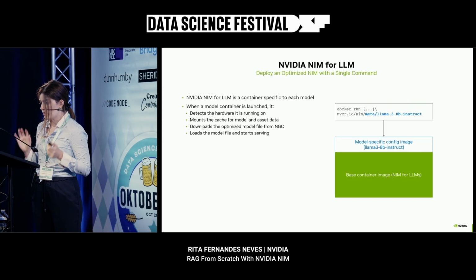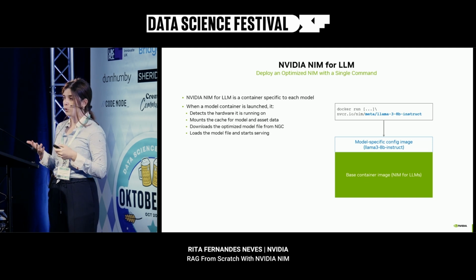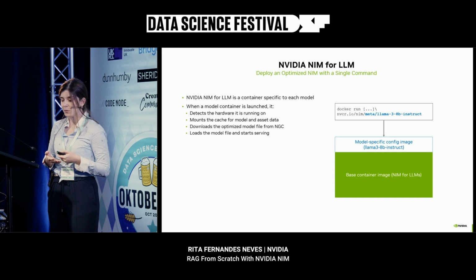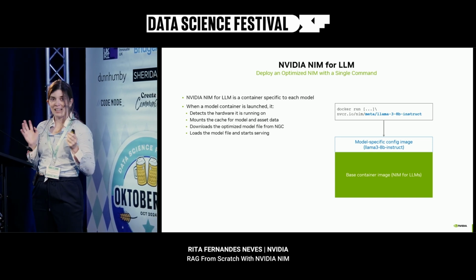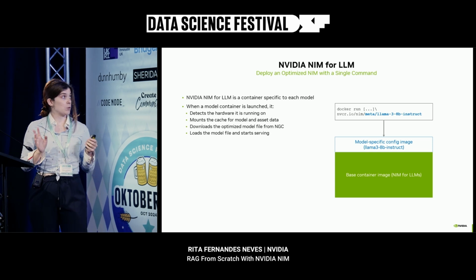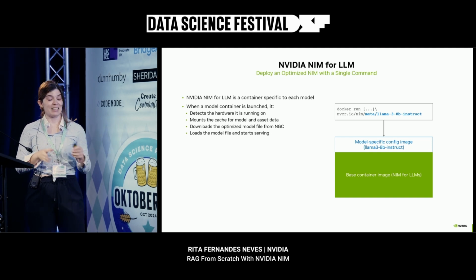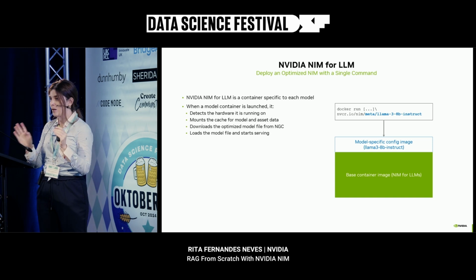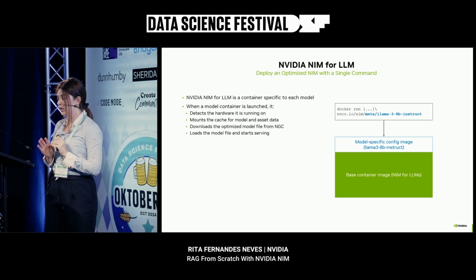So this is a very simple thing to use when we want to deploy models into production and when we want to experiment and develop, essentially. And just to make sure that I'm very clear, a NIM is a container that exposes an API, and it's very clear on this diagram here that it's literally just Docker run something from our cloud, and you get access to the model, and that's it.